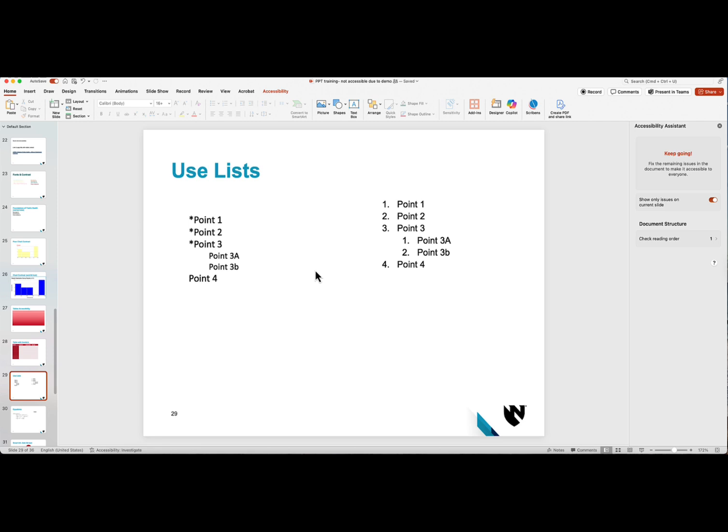Next up, I want to talk about using lists. It is important that you use a list up here in your tools as opposed to creating your own list like this one here. If a screen reader was to read this list, it would read it as *.1, *.2, *.3, space, space, space, space, space, .3a, space, space, space, space, .3b,